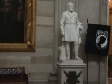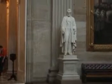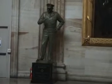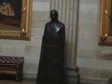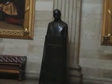Third one on the next one with the left of the door opposite us is James Garfield from Ohio. Next to that is Dwight D. Eisenhower from Kansas, the great general from World War II and also U.S. President. Next to him, slain civil rights leader Martin Luther King Jr. That was commissioned by Congress, and that coincided with, to the left of the door, right in front of us here, is Thomas Jefferson. And then next to him, Washington from Virginia. And then finally we have